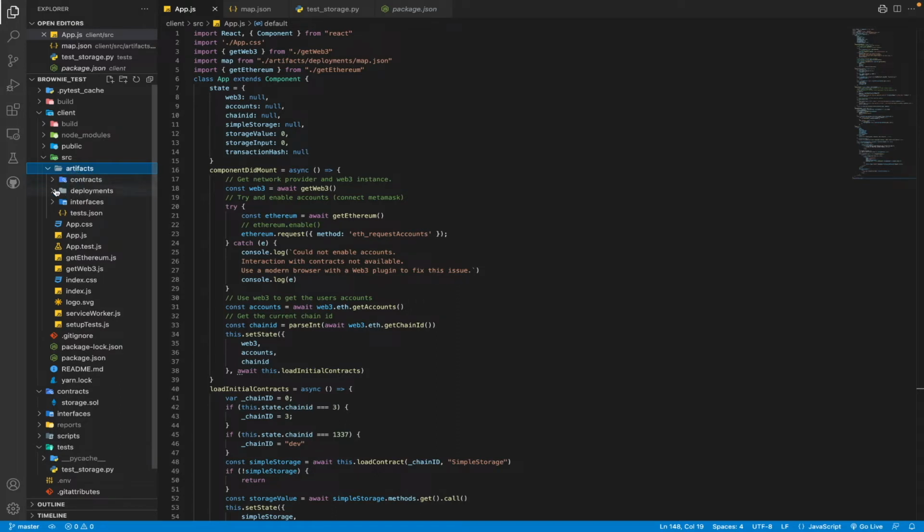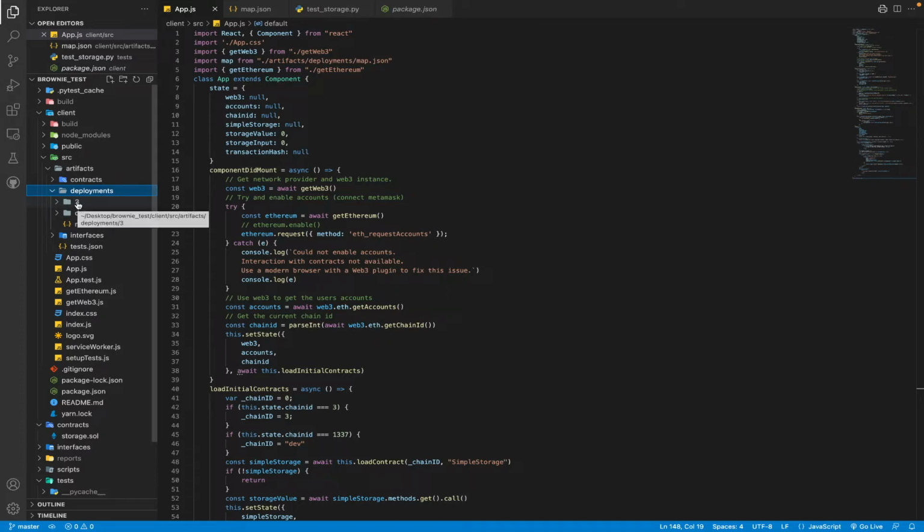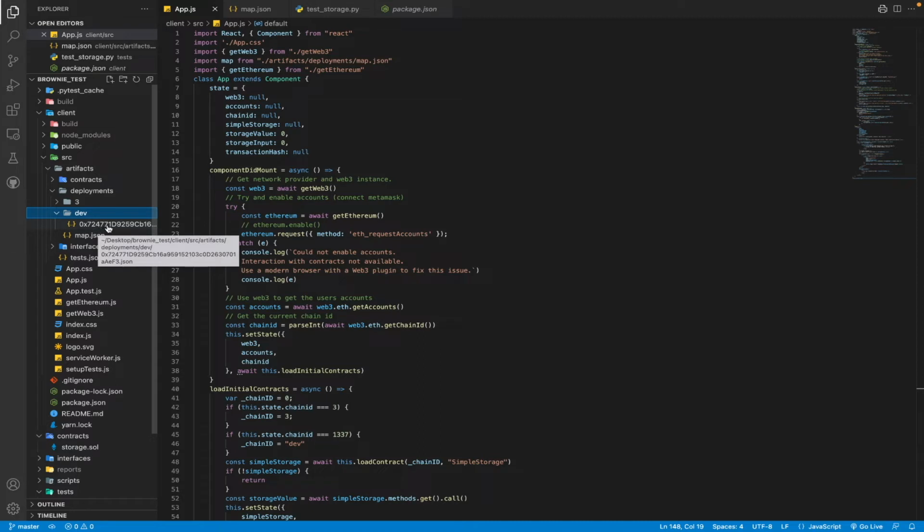This folder catches our deployments. This folder I've named 3. That's the chain ID for the Ropsten testnet, as well as I have another folder called dev. This is catching all the information for when I deploy smart contracts to a local Ganache blockchain, different than the testnet. It's just a local Ganache blockchain that we spin up on our system, and we're able to interact with